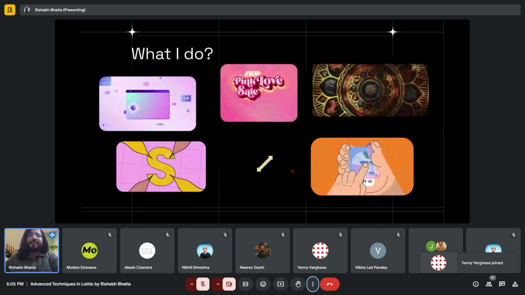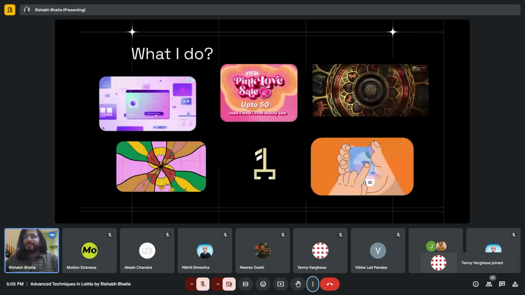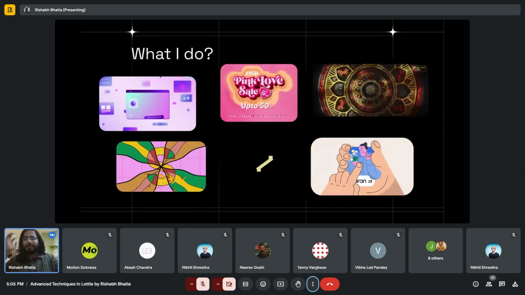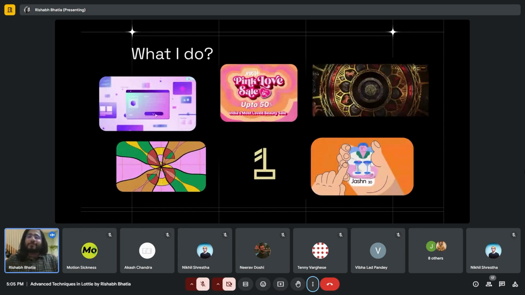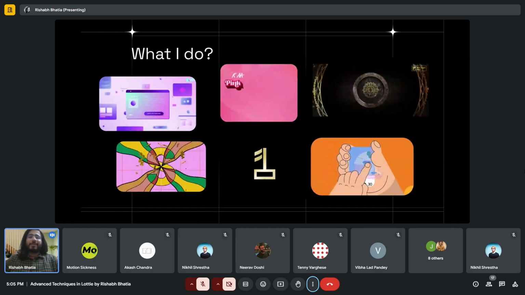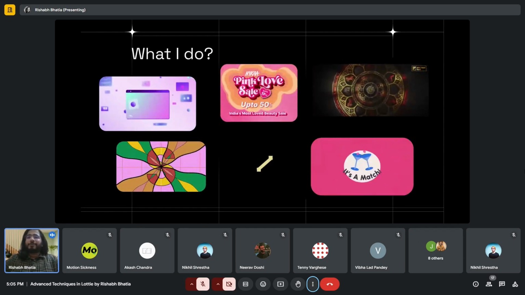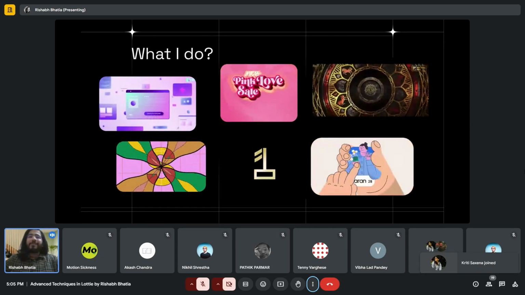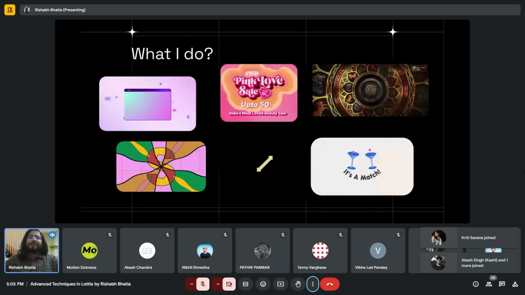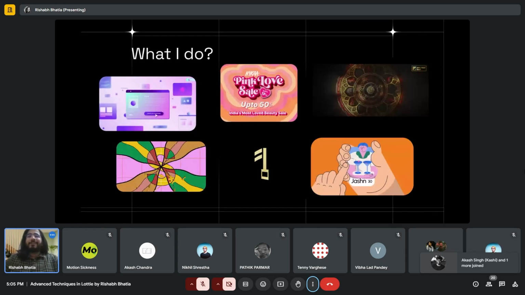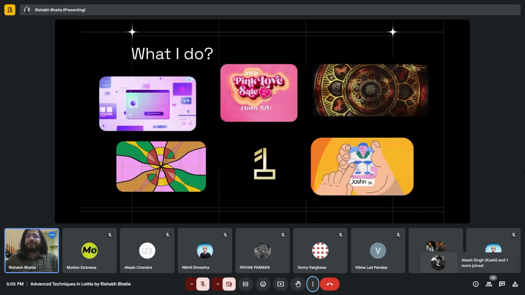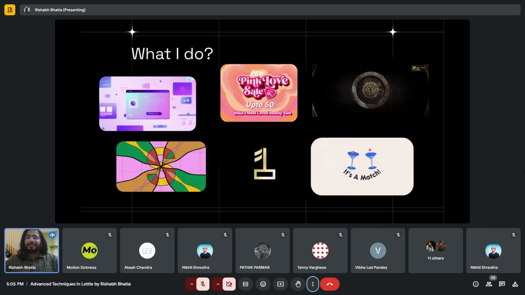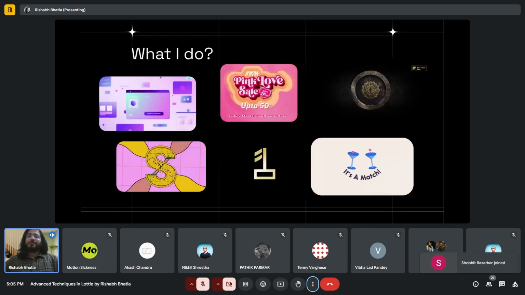So this is what I do. These are some snippets from my previous work. And I have been fortunate enough to work with amazing studios like Post Office Studios and Irregular Alliance and many more, right? I worked on projects for PhonePe, Nykaa, IDFC Bank. And recently I got a good client, that's 1% Club. And I've been working with them and shipping them the Lottie files, right? So moving forward,